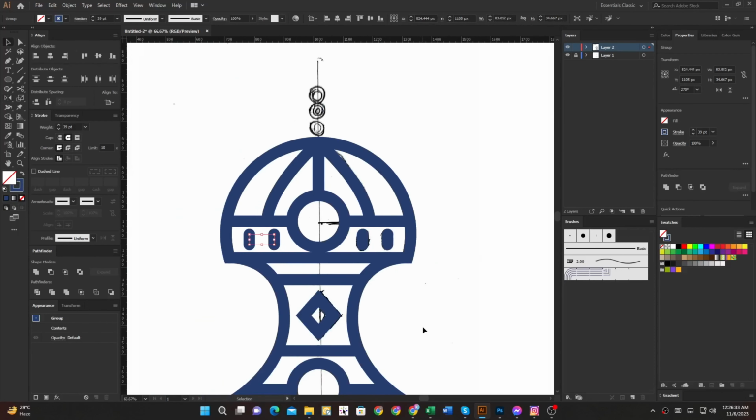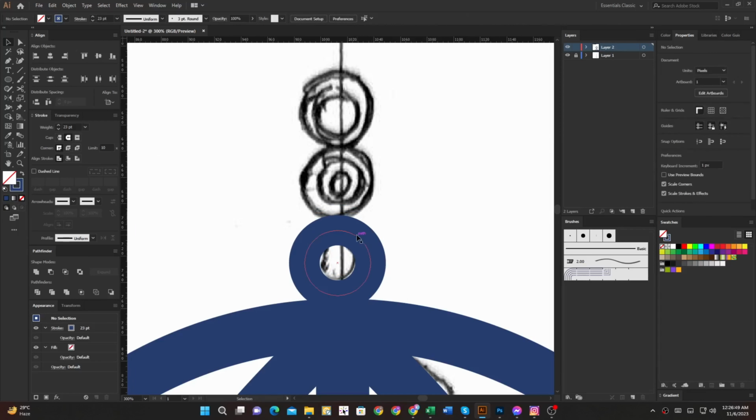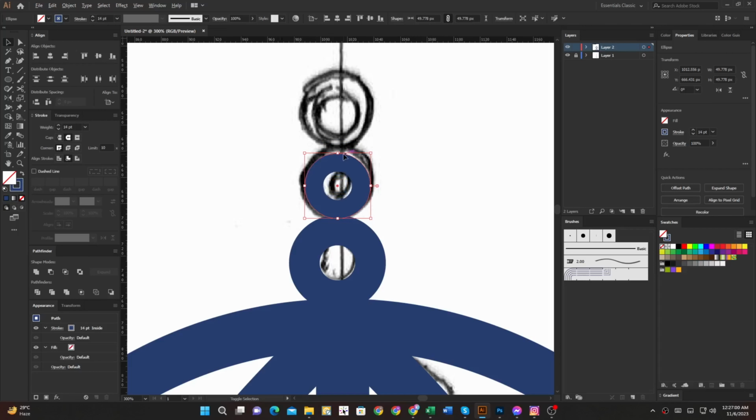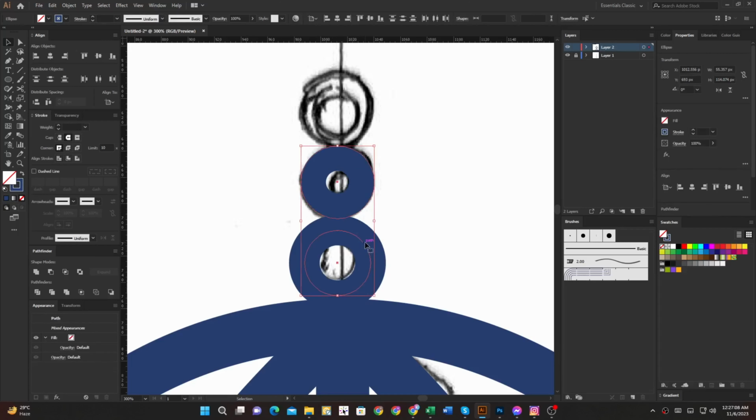Then it's copy for the other side. Now take a circle. And copy. And it's